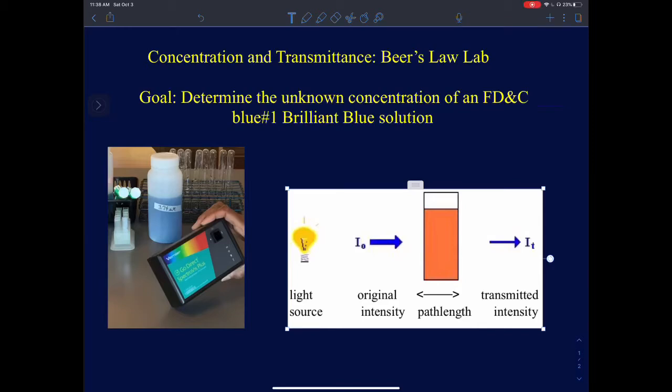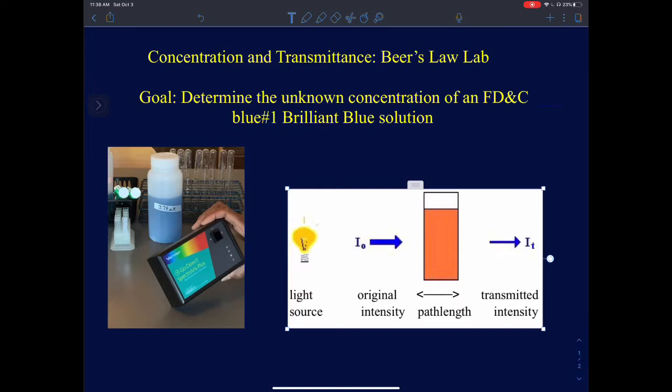In today's experiment, you will determine the molar absorptivity of a prepared stock solution of blue food dye and make a calibration plot of absorbance versus concentration. Finally, you will use the slope of your best fit line to determine the concentration of an unknown solution of